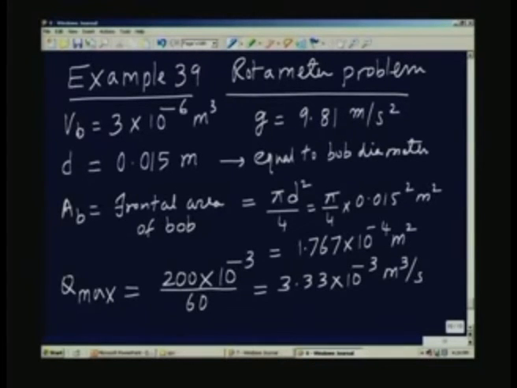That is the maximum volumetric flow rate. We are also given the value of CD to be 0.8, and we also know that Y maximum is equal to 150 millimeters, which is 0.15 meter. And if I go now to the equation which we derived earlier, we see that the taper parameter A can be solved for. The taper parameter is what we want to determine.